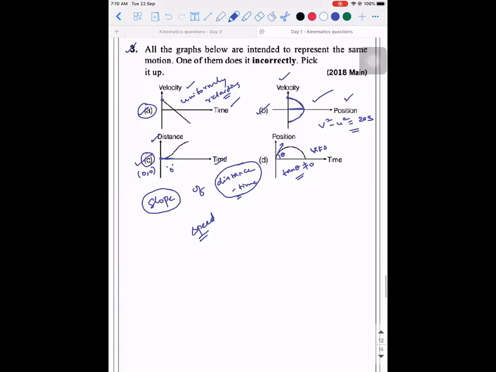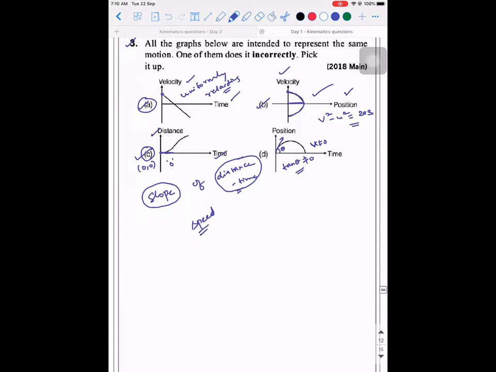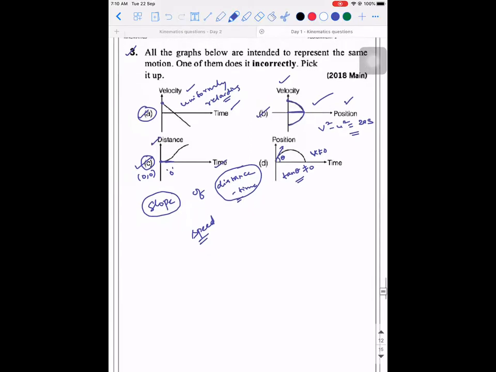Okay. So you can ask me, when a graph-based question is given and these kind of questions are asked, what do we need to see? So what are all the checkpoints? The checkpoint is you need to see the graph is drawn between which two physical quantities. If it is a velocity time graph, then your mind should immediately start thinking, for a velocity time graph, what does slope represent? Acceleration. Slope represents acceleration. What does area represent? Displacement.